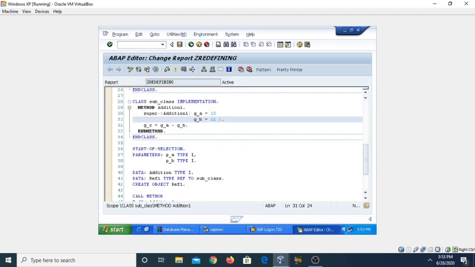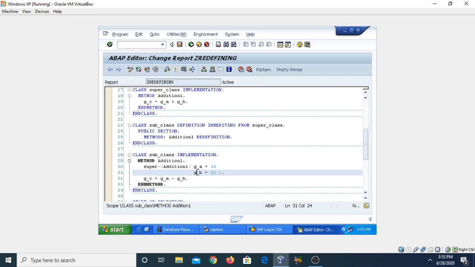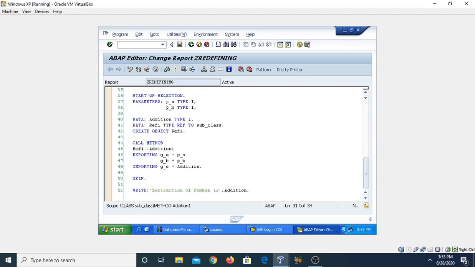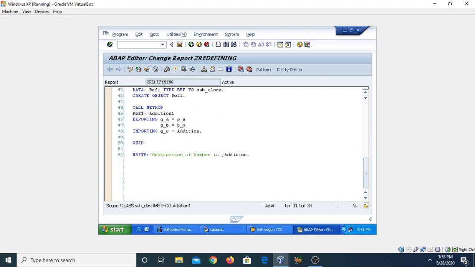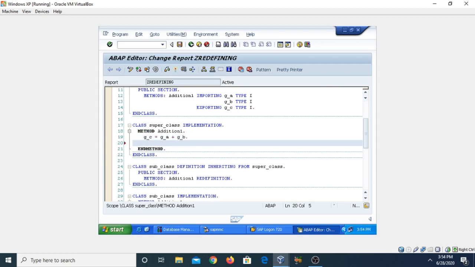But we have not printed the superclass method attribute's value here, so you can also call the method which is going to display the output, like this one, subtraction of the number, or you can also write a write statement here, in which it can print the output.